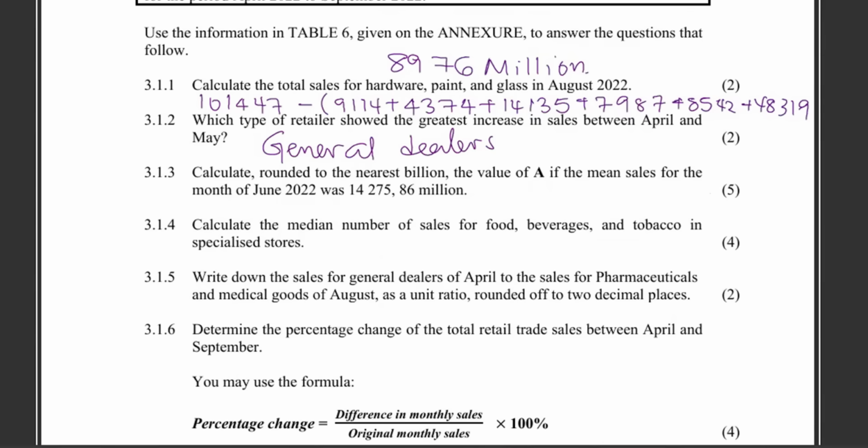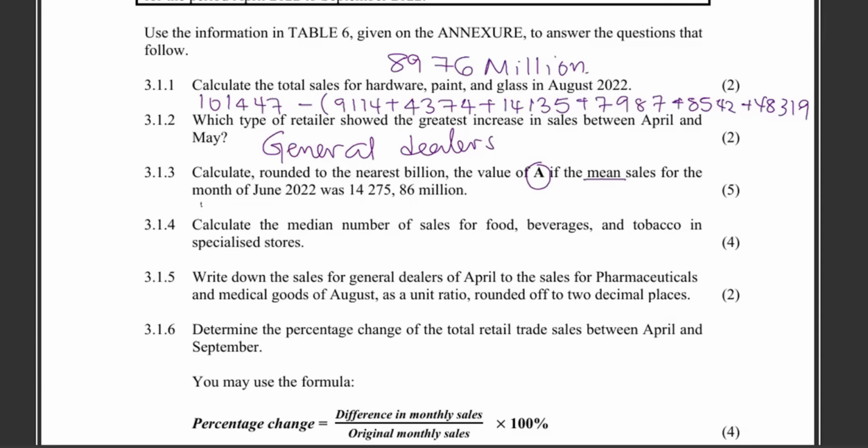Calculate, rounded off to the nearest billion, the value of A, if the mean sale for the month of June 2022 was 14,275.8 million. So what is given to you? It's the mean. Since the mean is given and there's a missing value, what we're going to do, first and foremost,